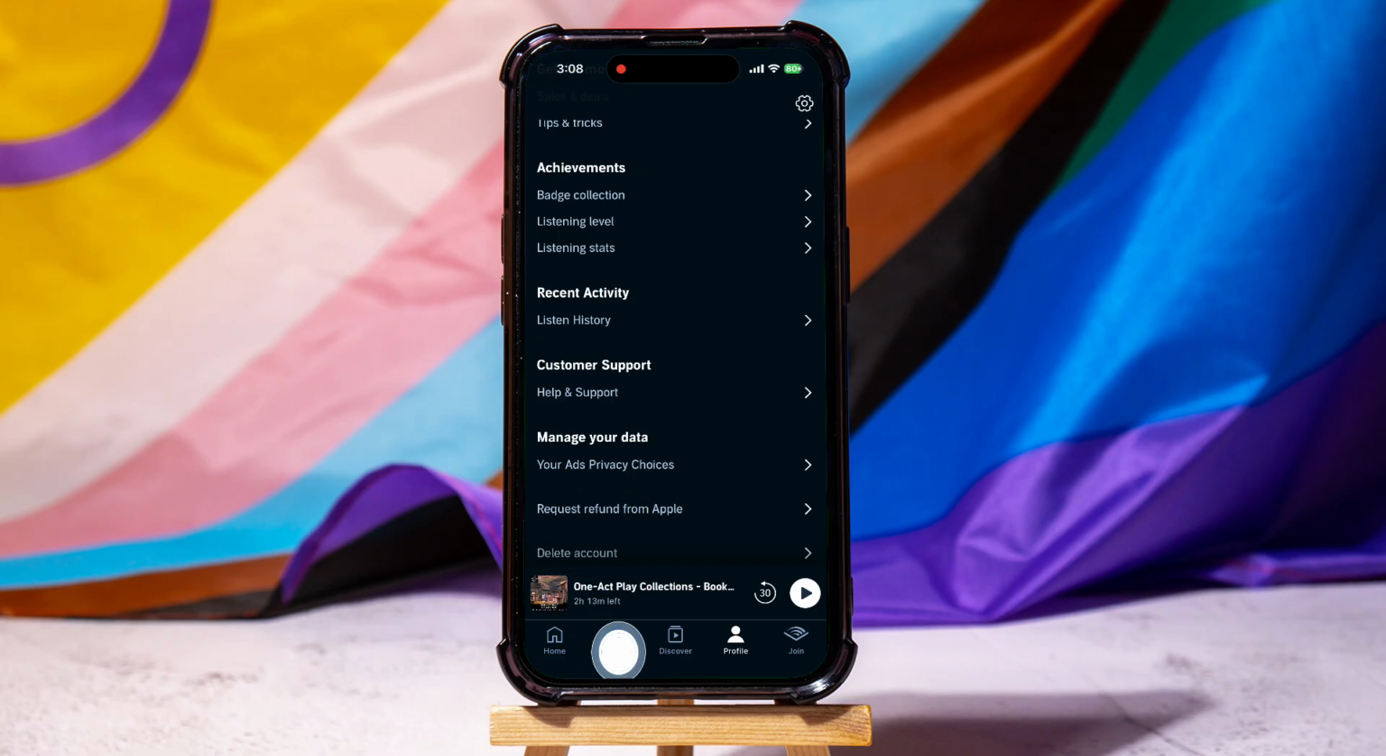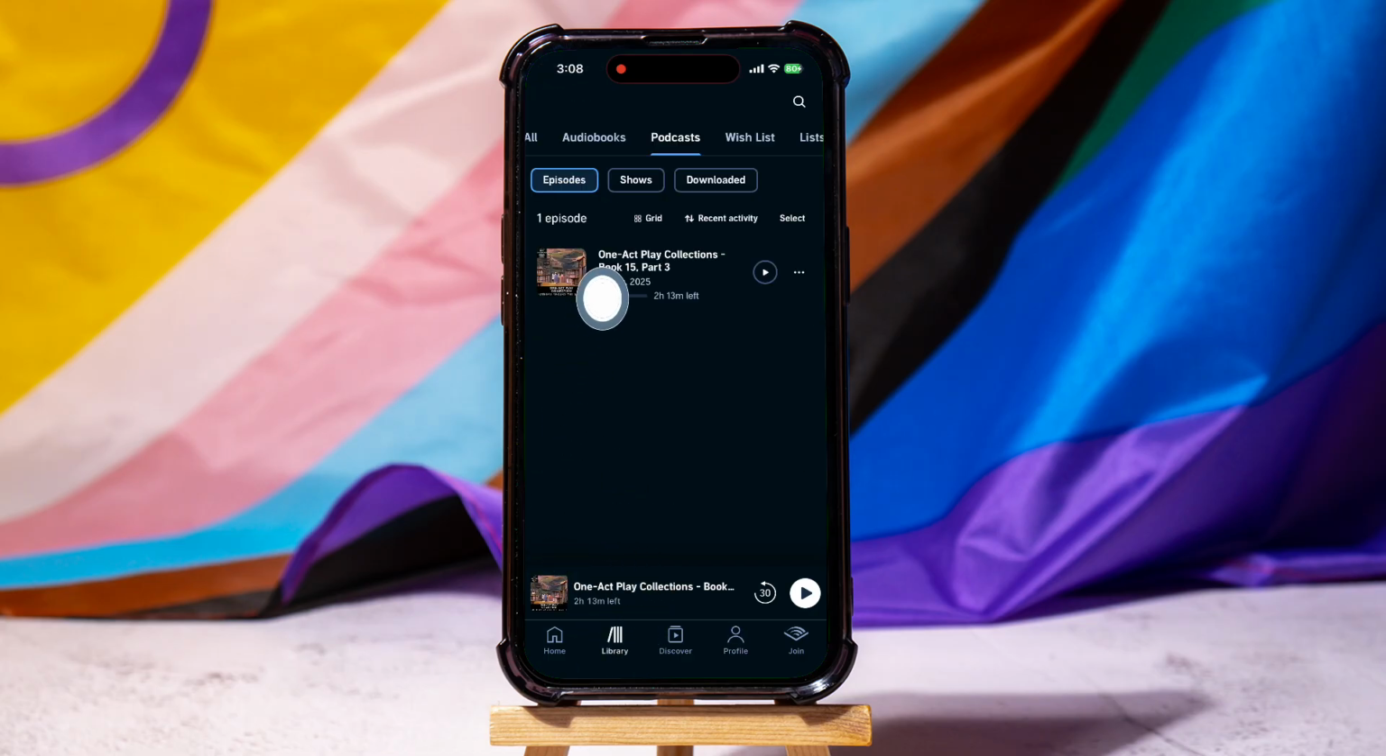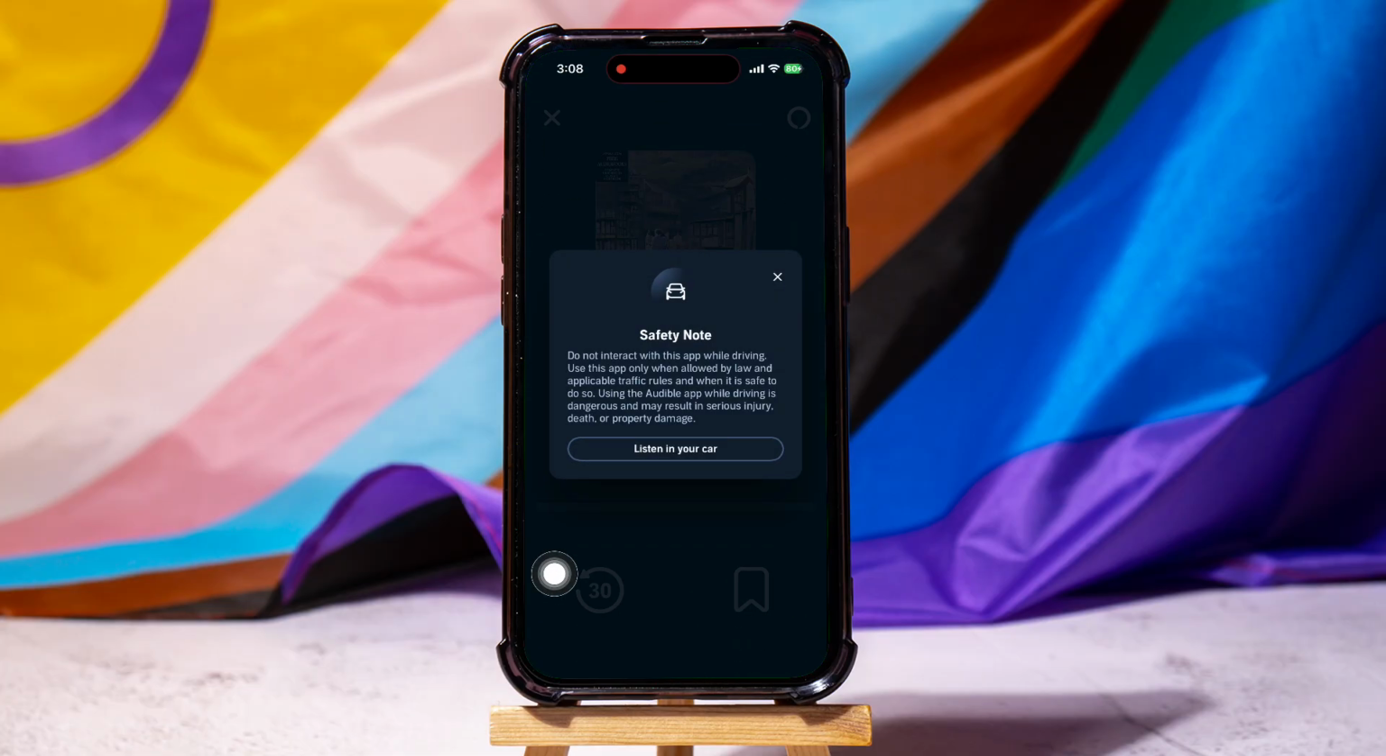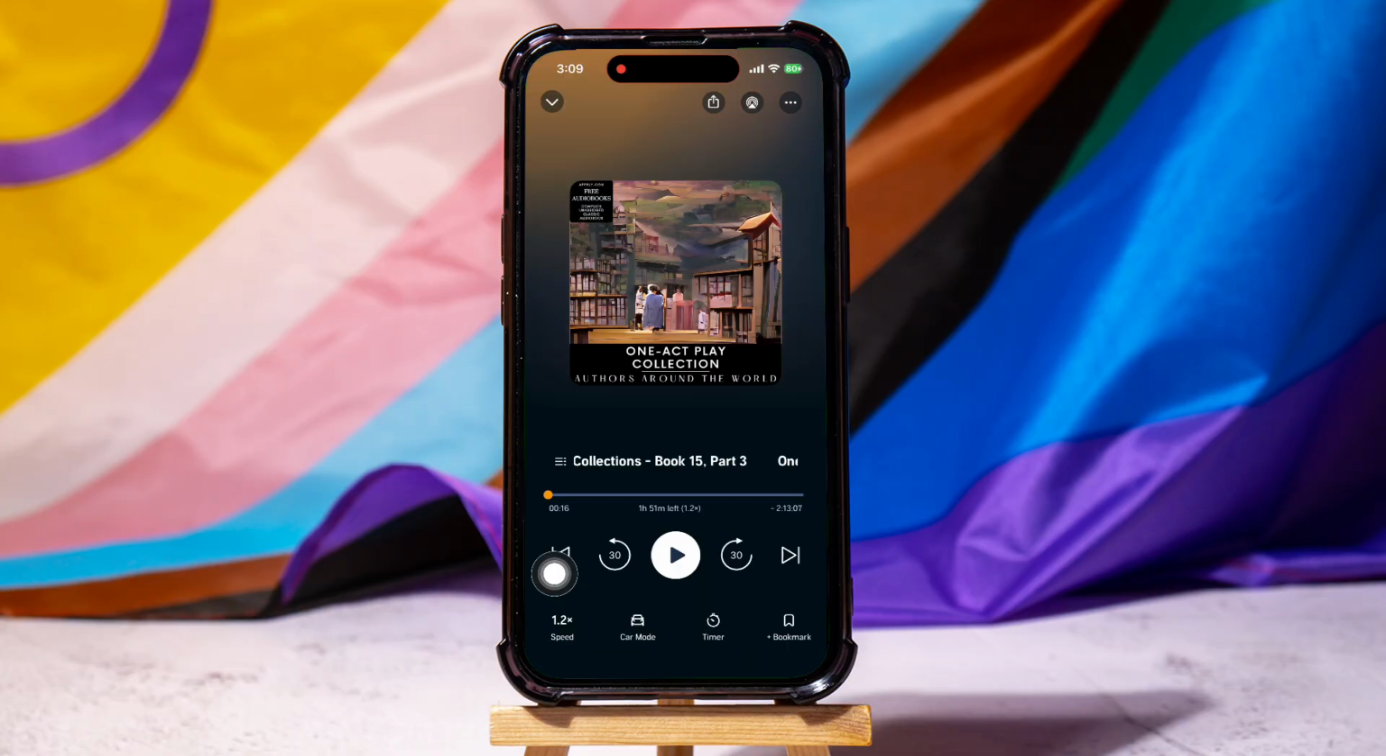Moreover, in the podcast section of the library you'll see the downloaded podcasts and tap to play them. Here, you can see the duration of the podcast, tap to play and pause and adjust the playback speed of the audiobook. You can also see Car Mode, which is a simplified interface designed for safe and hands-free use while